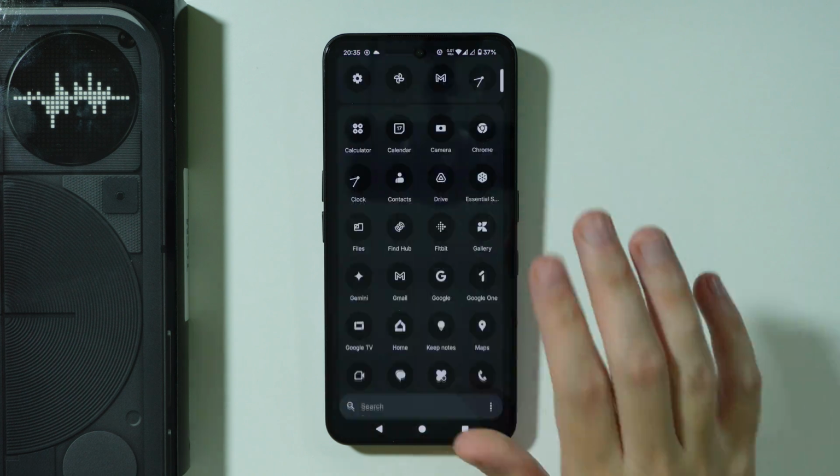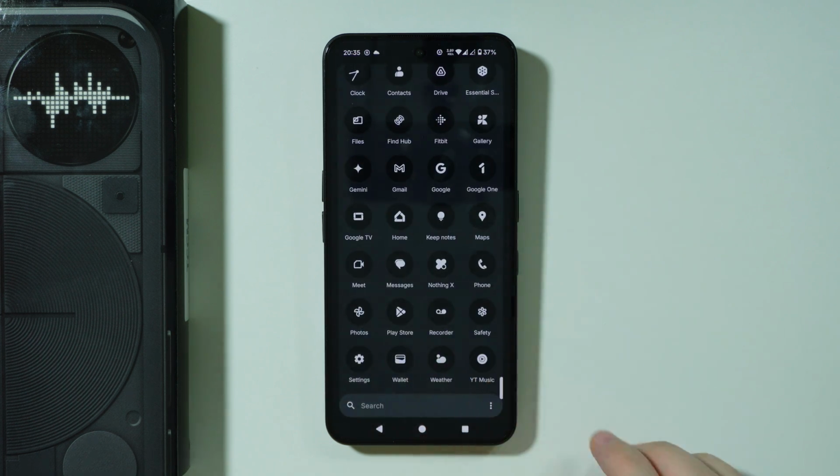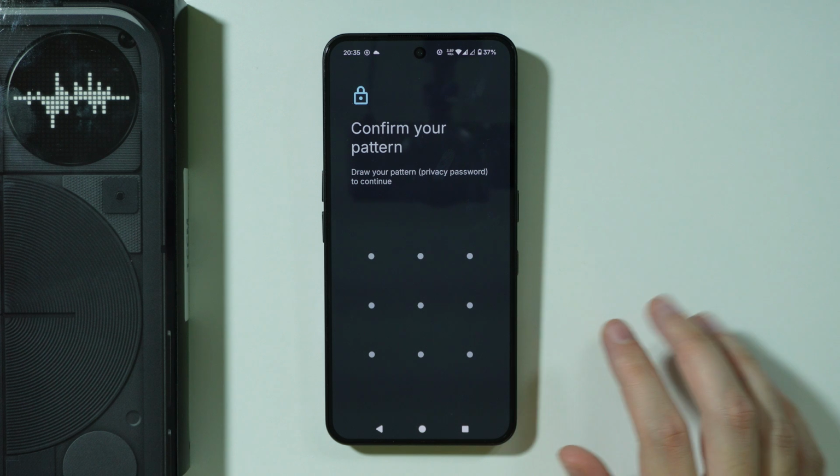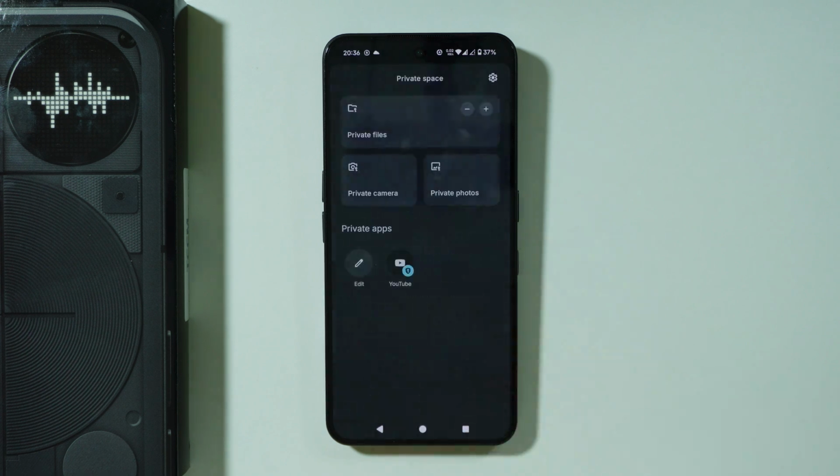All right, so once we have the app hidden, as you can see, YouTube now is gone from the app drawer, and we can swipe over here to the right side again and enter the password in order to find